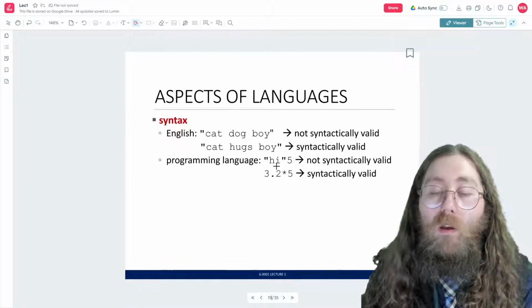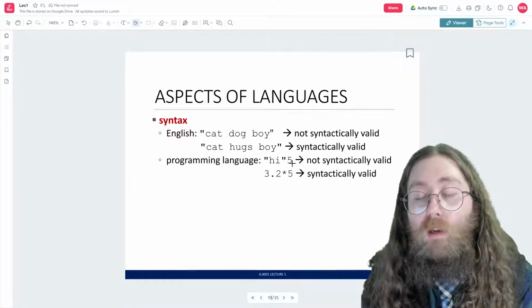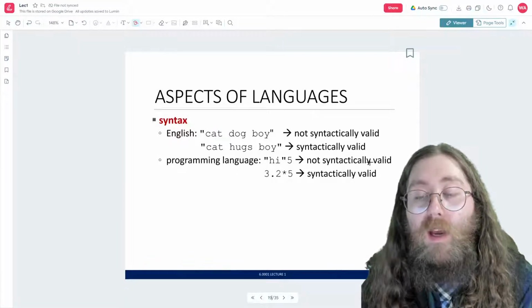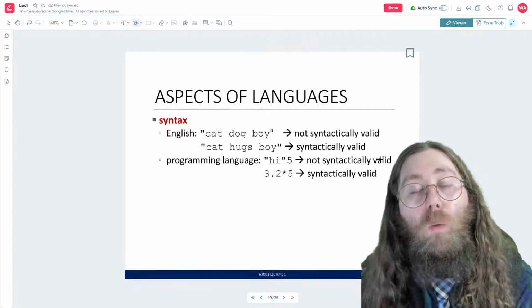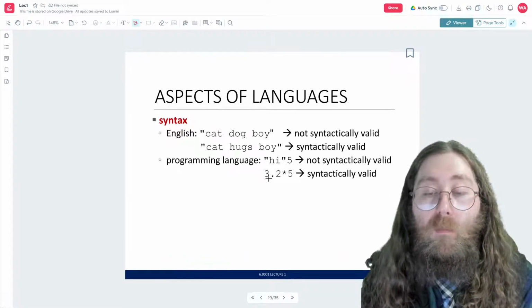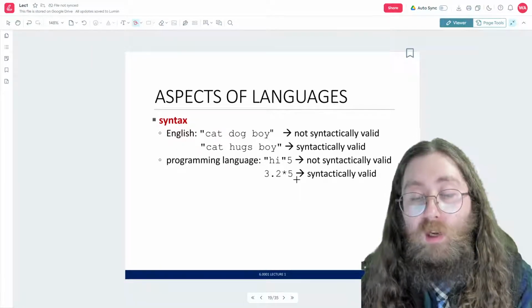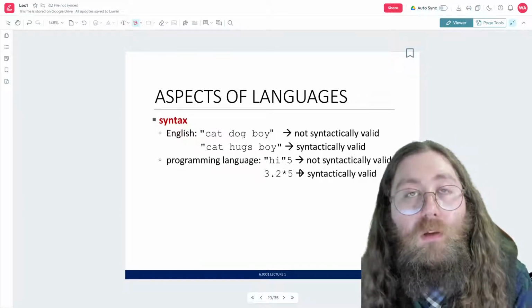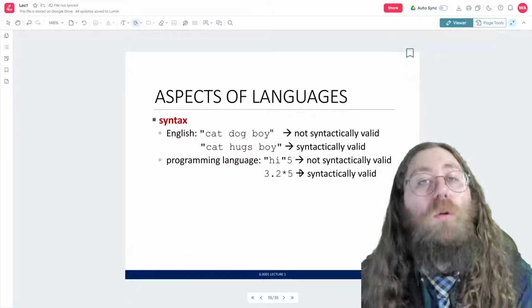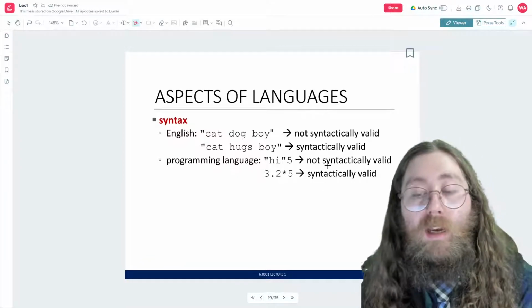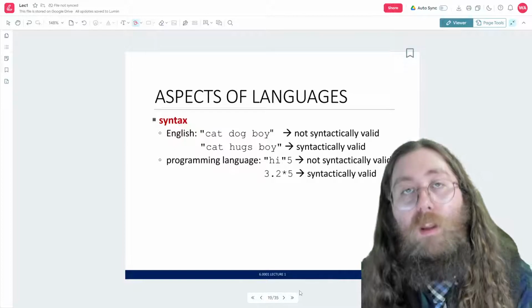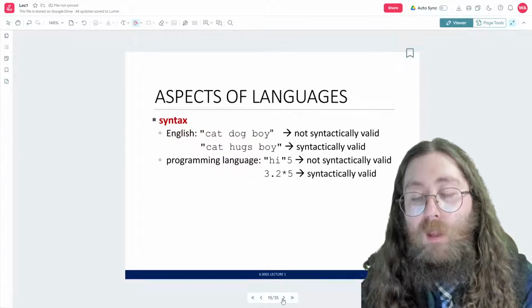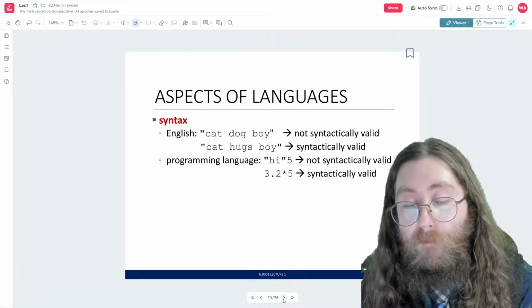If you have the word "hi" in quotes and then you put a 5 right after it, that is not syntactically valid. The interpreter is not going to know what to do with that data. But if you say 3.2 * 5, it will be able to compute that immediately. It will know exactly what you mean because it's syntactically valid. So syntax is a very important aspect of language in general, and Python is no exception to that.